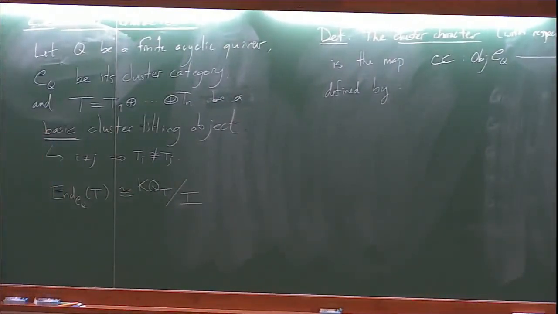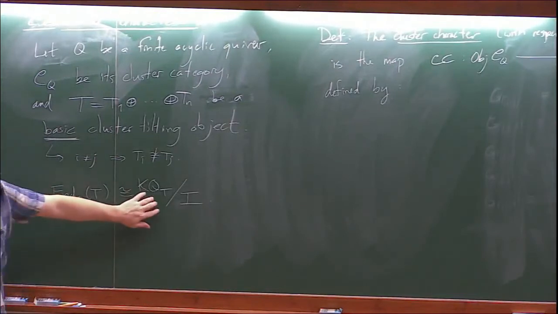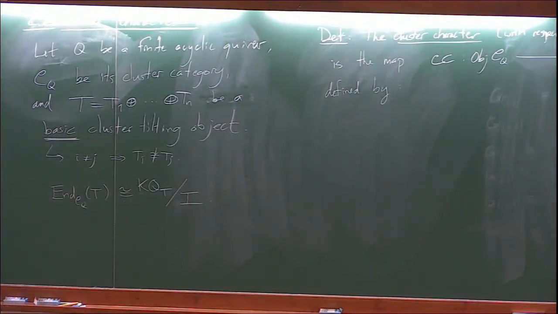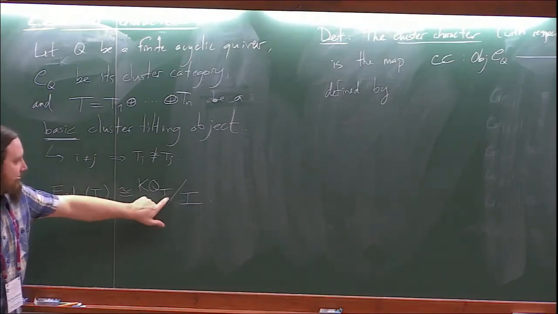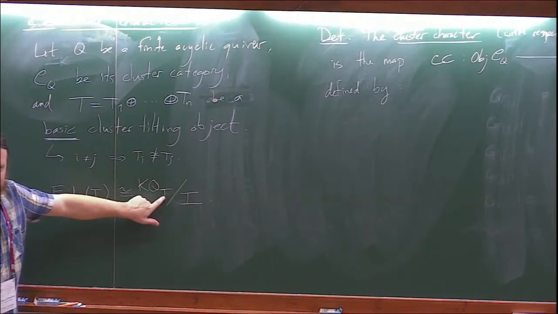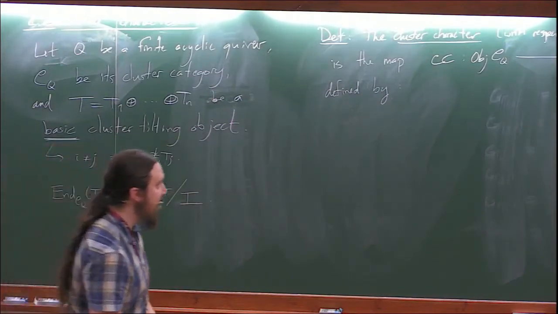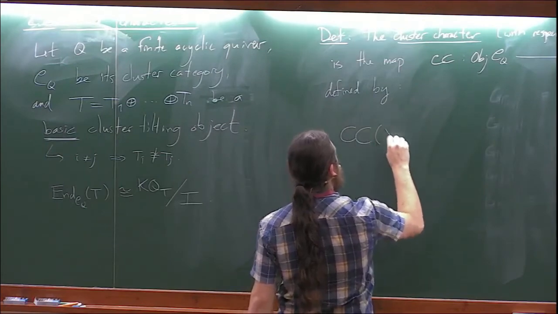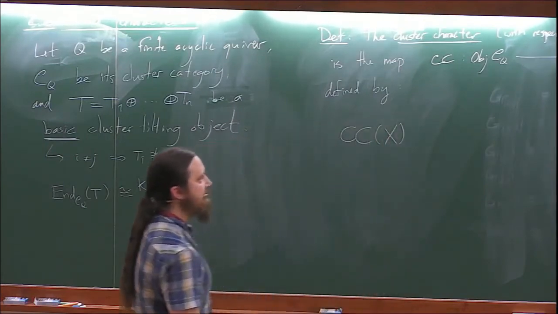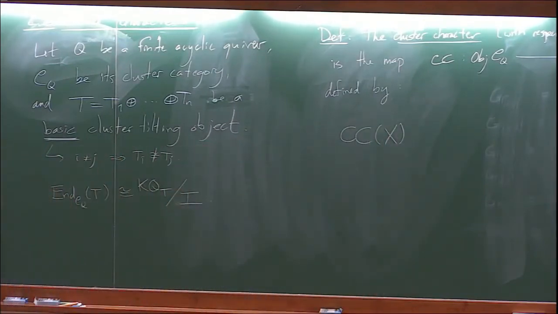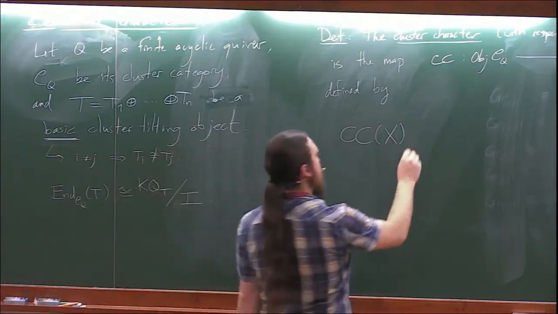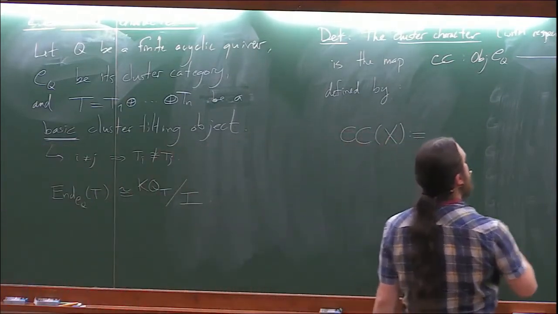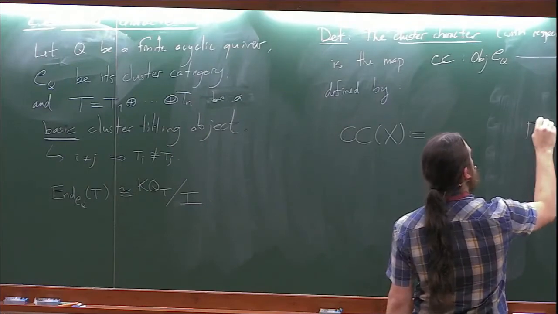It turns out that this algebra is actually the Jacobian algebra of some quiver with potential. So I will not be using this. I will only be using, for the moment, this quiver Q_T. And so if I have an object X in my cluster category, what is CC of X? It is the F-polynomial,